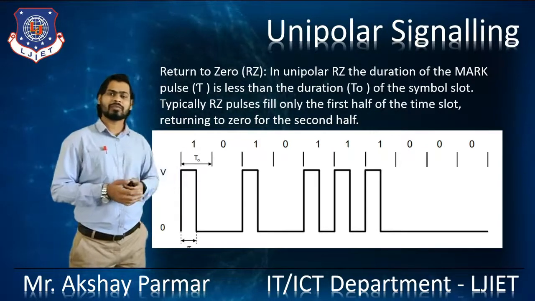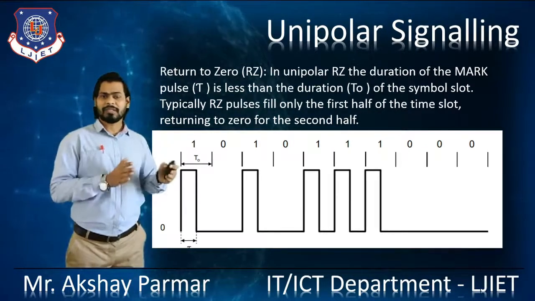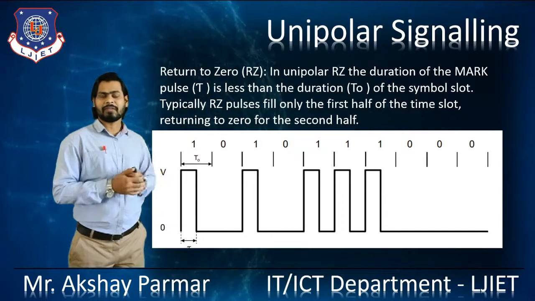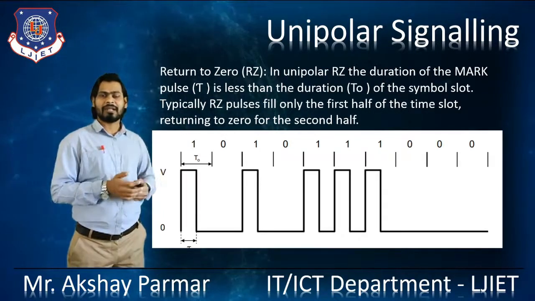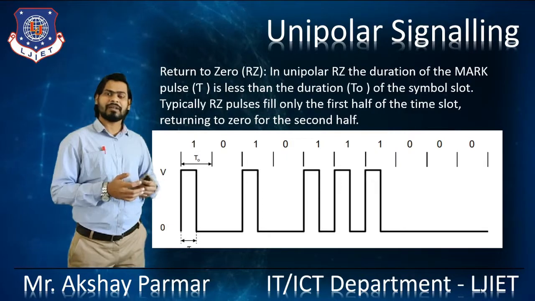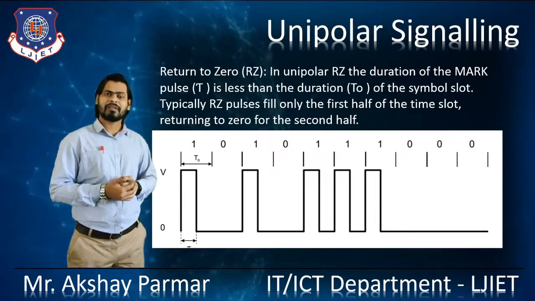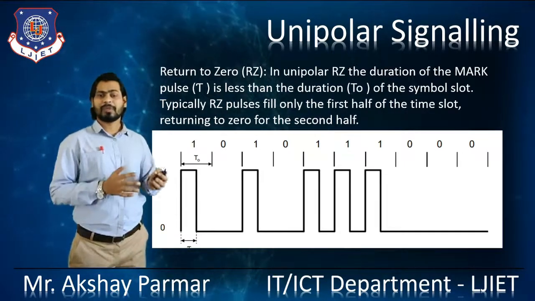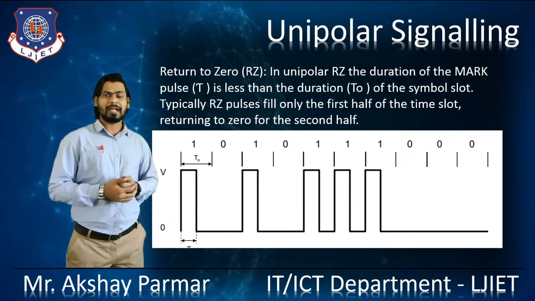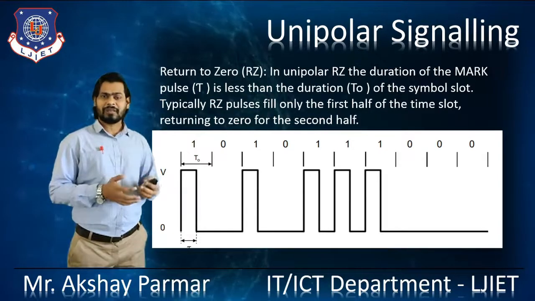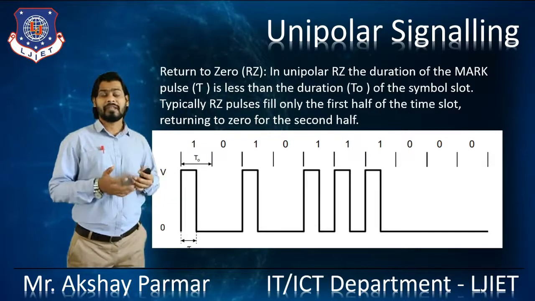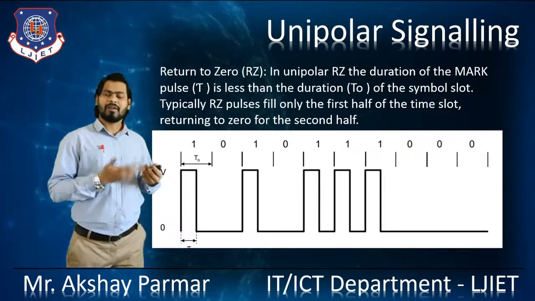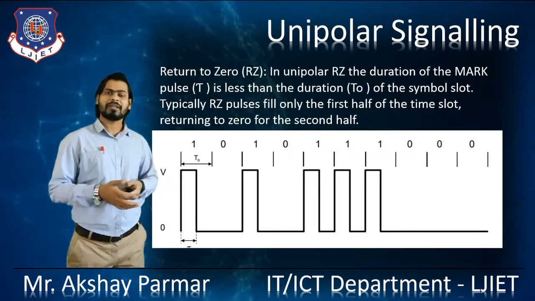After that another 1 is there. To represent the 1, the first half of the bit duration is taken to represent that bit. It will be high at the positive voltage, and after that in the second half it will return to 0, right? After returning in the second half, the 0 bit is there, so it is already at the 0 position. To represent the bit 0, we don't need any height, so it will remain at the ground level. After that in the second half, we are already at the 0 level and we need to return to 0. They are already there, right? So that bit is also at the ground level.